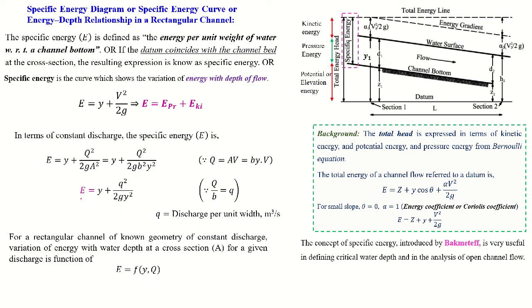This energy is a function of the depth of water flow in this channel, that is y, and the geometry. Geometry means the width and depth, that is y, and the discharge q. For a given constant discharge, energy is a function of only the cross-section area, meaning the geometry, and the discharge, how much volume of water is flowing in this rectangular channel. We can write this equation in two ways. One is that the total energy E is a function of y, and E is a function of q square by 2g y square.